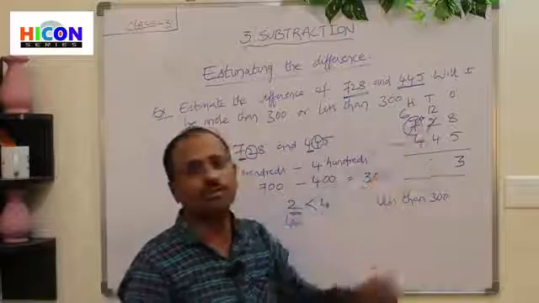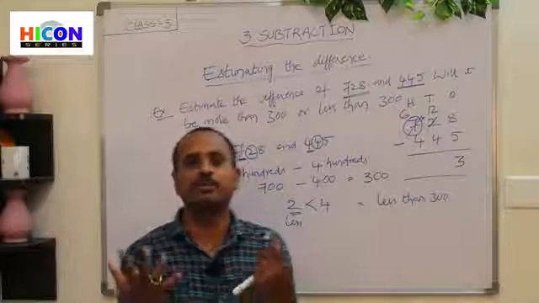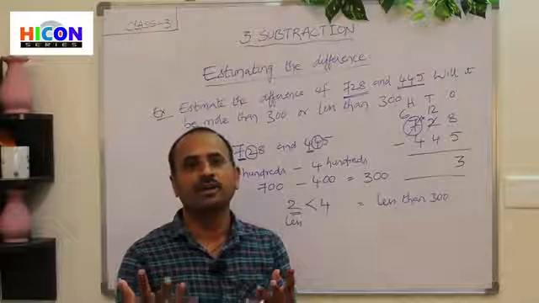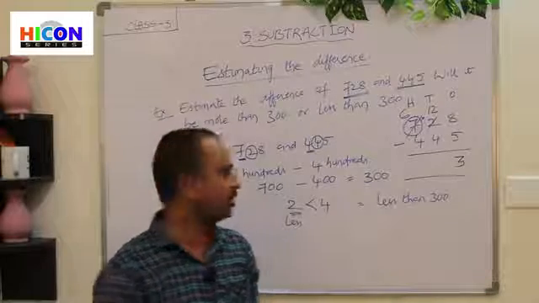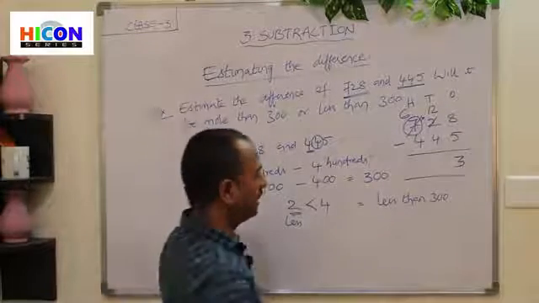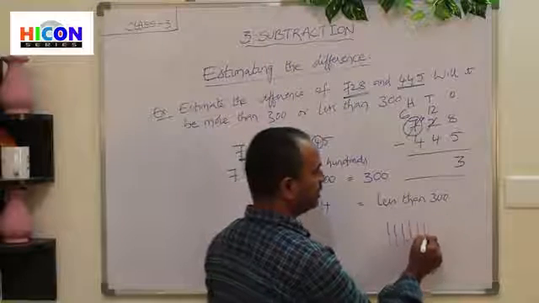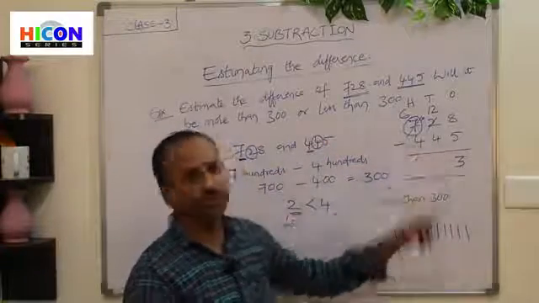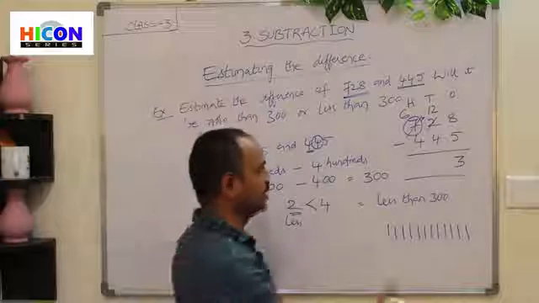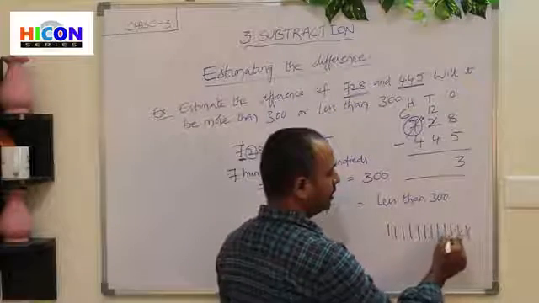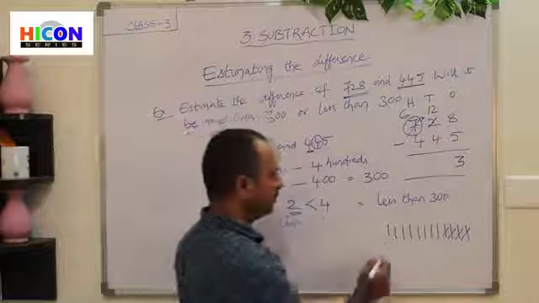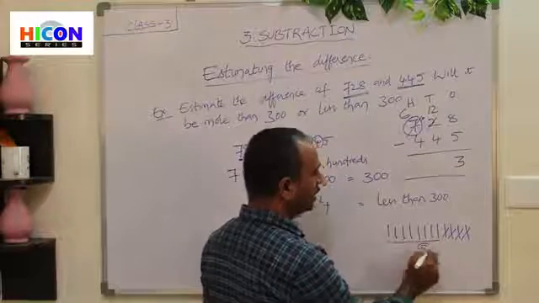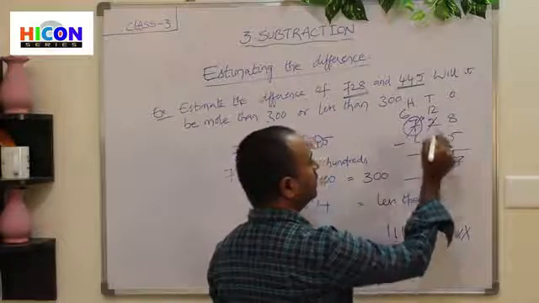So what is the first number? 12. So open 12 fingers of your hand, but there are only 10 fingers on our hands. We cannot do the subtraction on our fingers. So draw 12 lines in your rough work. 1, 2, 3, 4, 5, 6, 7, 8, 9, 10, 11, 12. What is the second number here? 4. So strike off 4 lines among these 12 lines. 1, 2, 3, 4. And count the remaining lines. 1, 2, 3, 4, 5, 6, 7, 8. So children, there are 8 lines remaining. So write 8 under tens place.